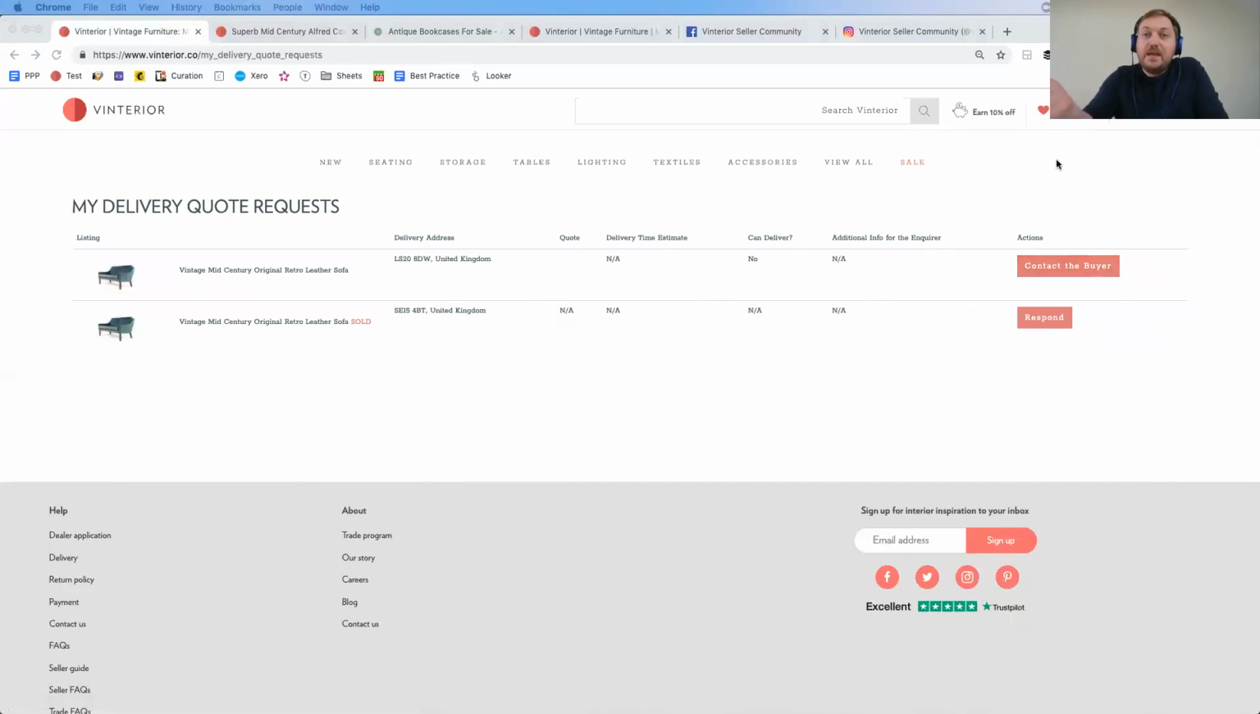Next step is obviously making a sale. So when you make a sale on Vinterior, we will send you an email, and if you provided us with your mobile telephone number within your account, we'll also send you a text message, because we want you to be aware straight away that you've made a sale. So from the email and from the text, there will be a link where you can get to this page,